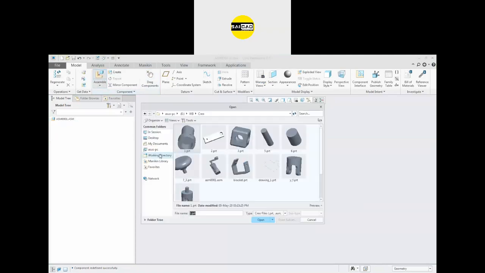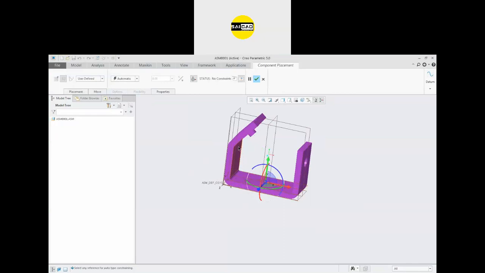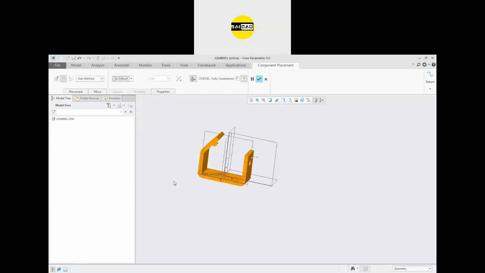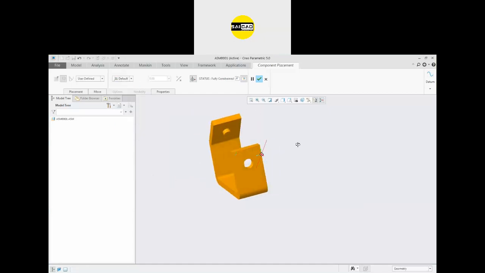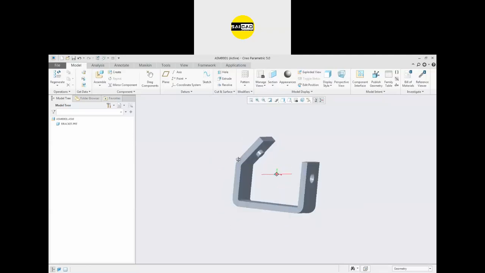So go to the assemble, select the part, click open. Now when you import the first product, you can just right click and set as the default constraint, or you can go to the automatic. We have the default here also. Click on that. It will be defined according to the planes of the assembly. Just click OK and everything will be defined. You don't have to specify each constraint on the first part. Okay, it will be defined automatically.